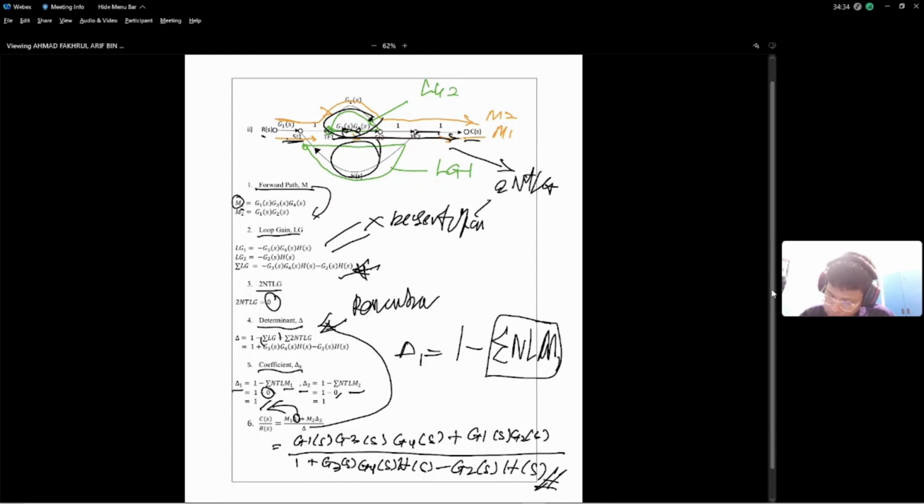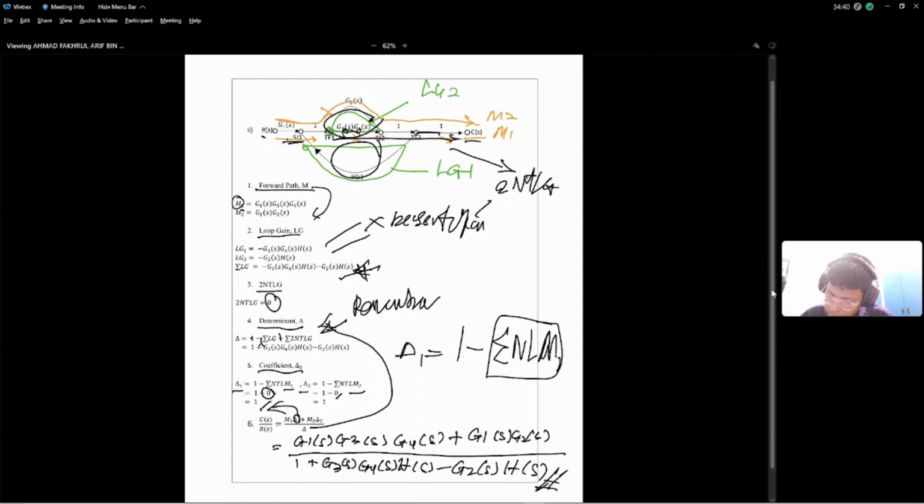So the formula ni negatif. 1 tolak negatif sum of loop gain. Tapi ni jadi positif sebabkan kita punya loop gain kita adalah negatif. So negatif jadi positif. Okay, so that's all